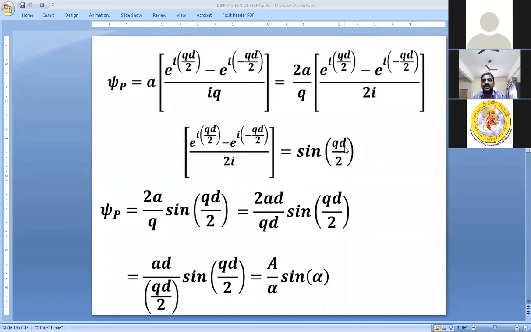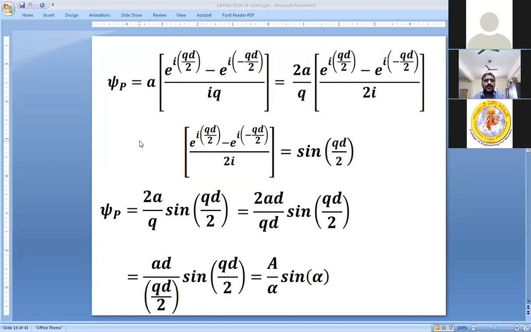So this expression, I'll leave it as an exercise. Please just check it. e power i theta plus e power minus i theta, and e power i theta minus e power minus i theta. You try both of them and convince yourself that this is representing sine, and the other one, the addition divided by 2 but not 2i, will give you the cos. Anyway, it will be evident to you once you try.